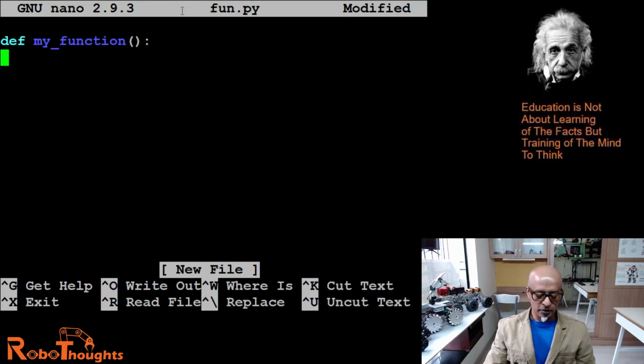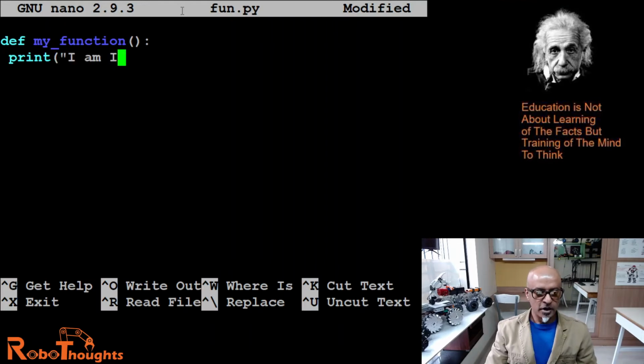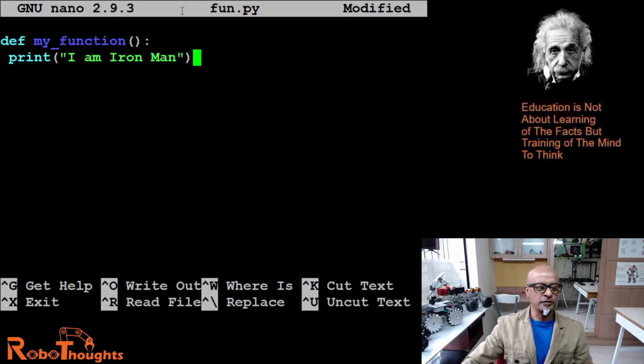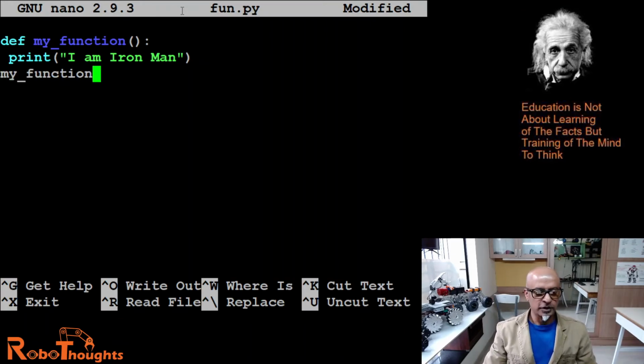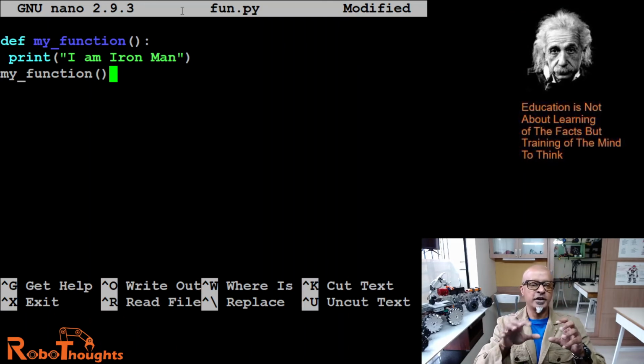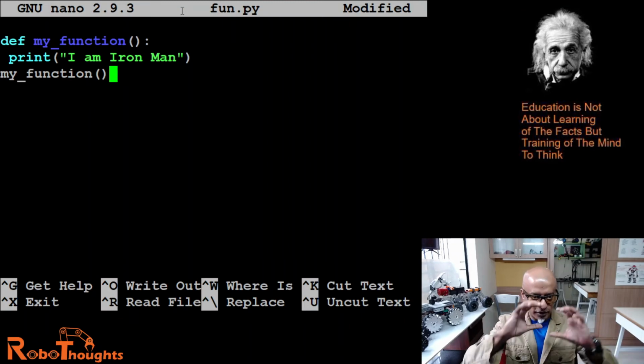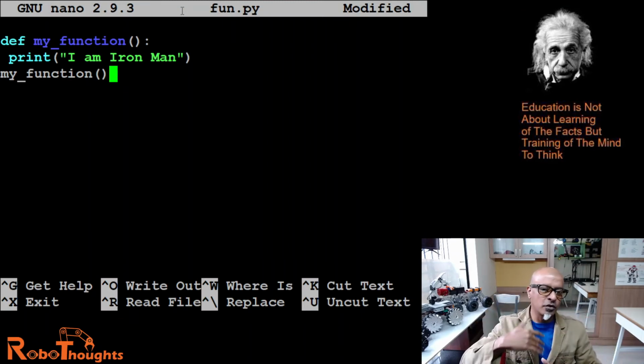All right, now let's say indentation, print "I am Iron Man". Now what you have to do is call the function. How are you going to call it? Say my_function, open close. Because you have created a function with my_function, and then you are printing "I am Iron Man". So you can define this within a set or block of code which you are going to design,